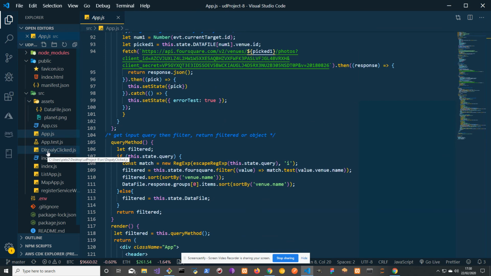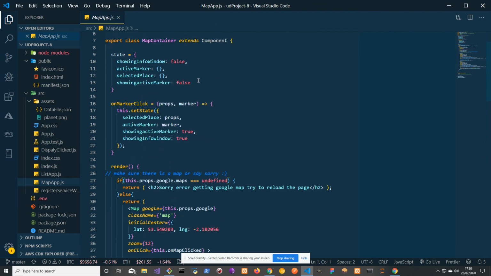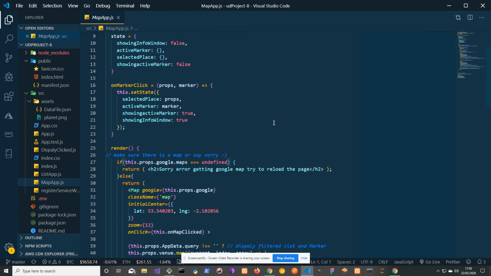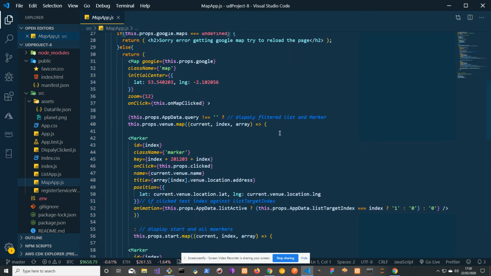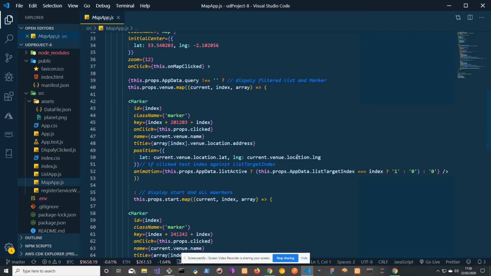Let's go on to the map. Now we're bringing in the Google Maps React, which is quite restricted, really. They're pretty much out of the box, easy to use, but it is